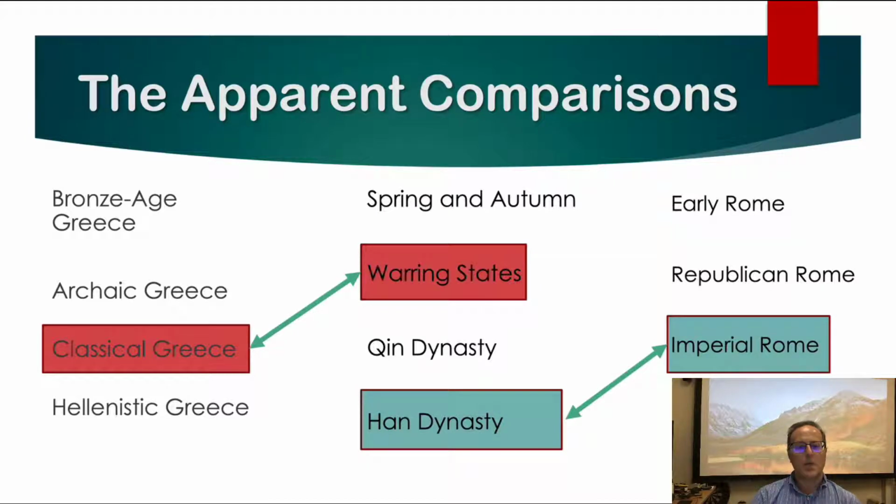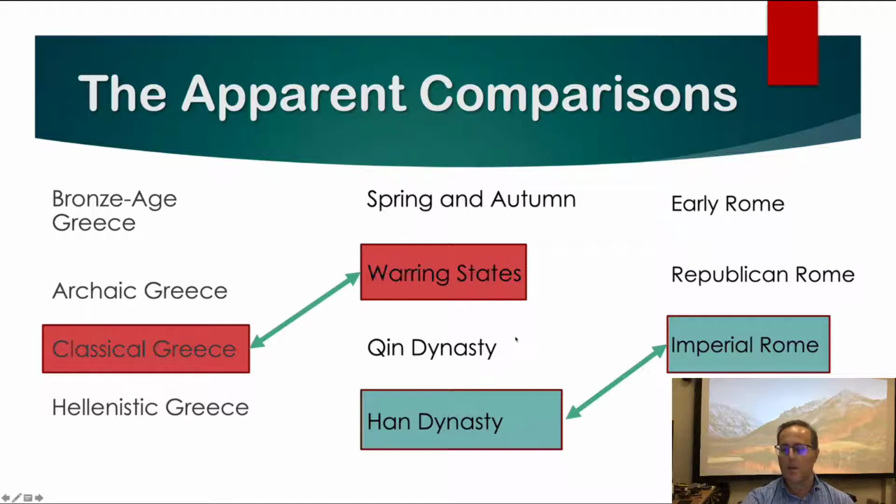So if we look at the most apparent comparisons, what I say the more usual comparisons is to study classical Greece and compare it to the Warring States period in China. These are both time periods that have critical social and political crises and generate these kinds of moral political philosophies that we see with the Greek philosophers and the Warring States philosophers, and these have been compared by scholars in the past. Another obvious comparison is with the Han Dynasty and the Roman Empire, especially in the edited volumes by Walter Scheidel that have come out in recent years.